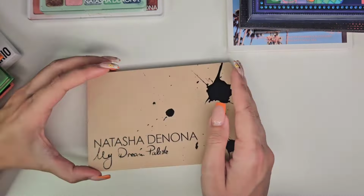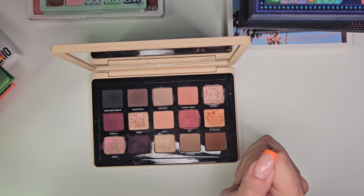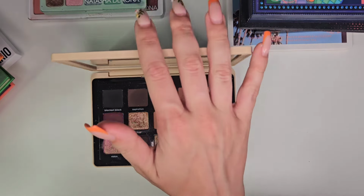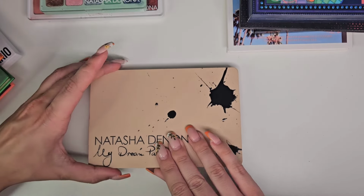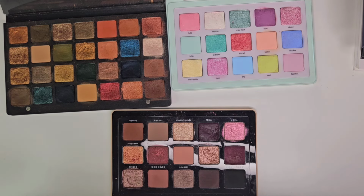Lastly, we have the My Dream palette from Natasha Denona, and I'm kind of considering mixing this with the pastel palette and the Metropolis as well. Maybe we can pick from these two palettes and create 2 color stories. So we have these 3 palettes that I want to mix, and I think I will include the My Dream